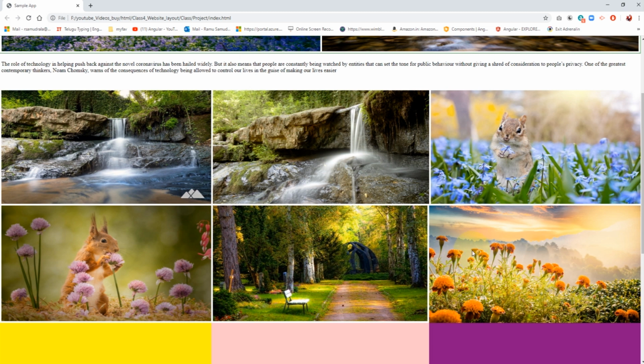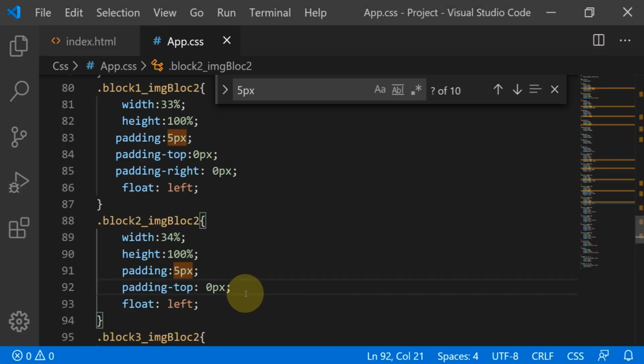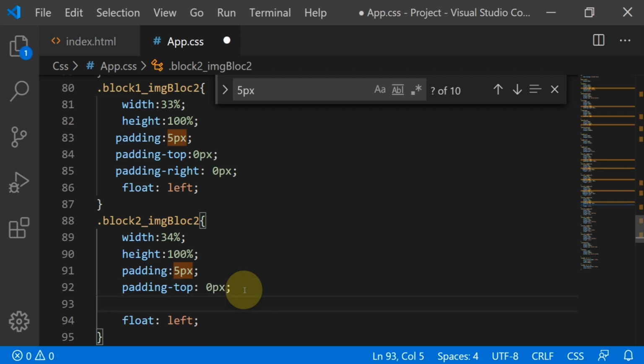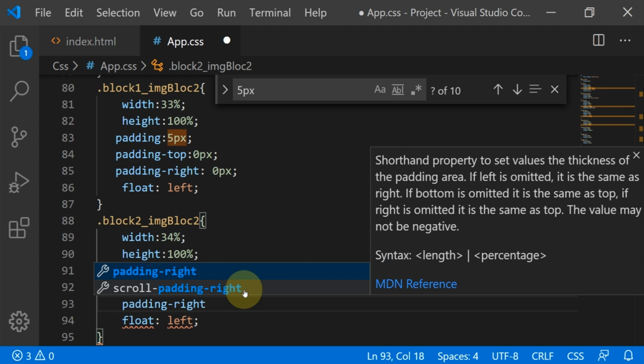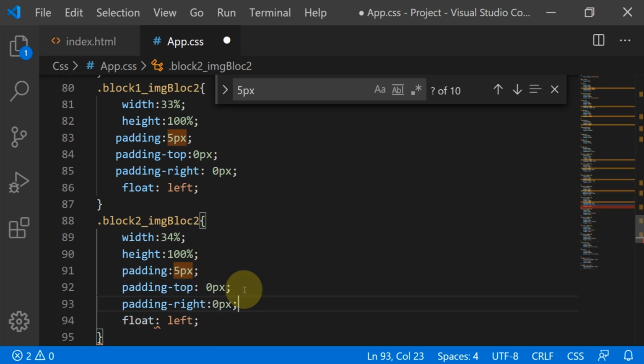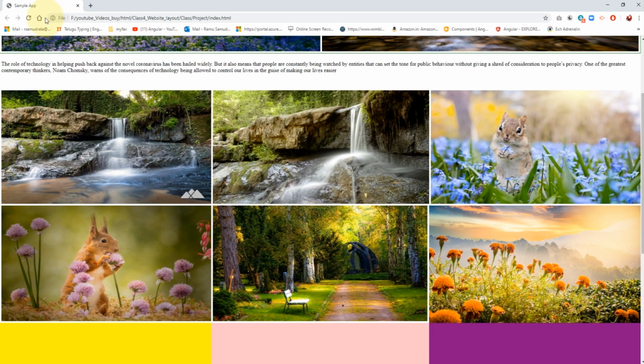Yeah, it's fine. So here also some alignment issue came, right? This image is not aligned with this image, so padding right also we have to remove, to align with the above image. Okay, yeah.